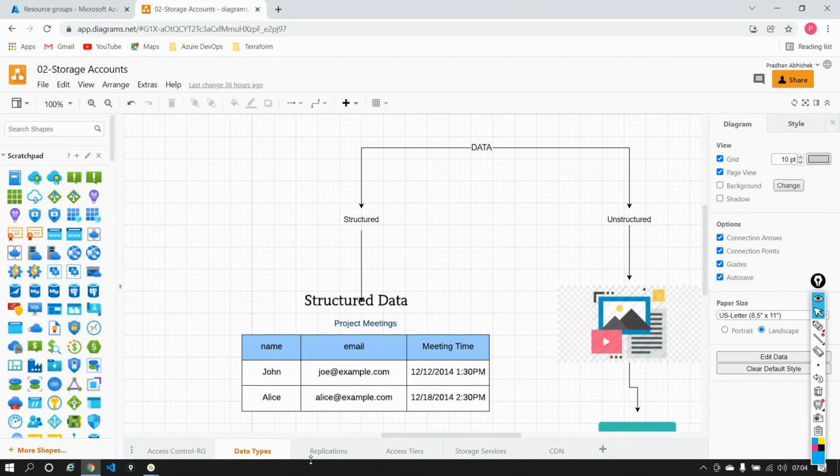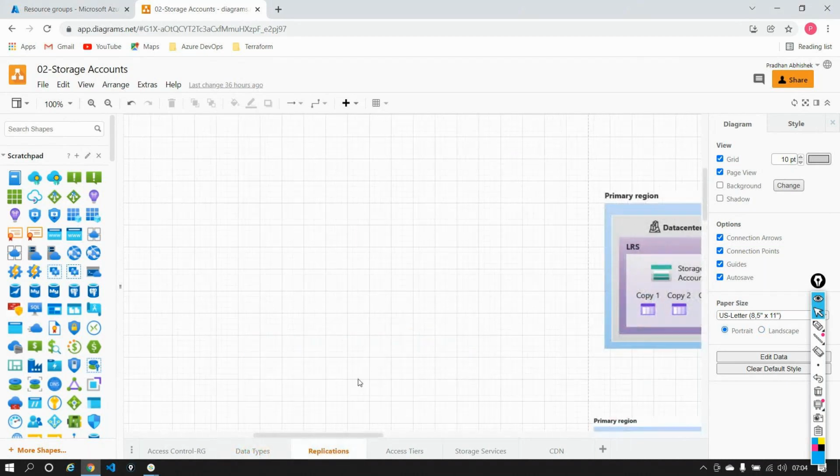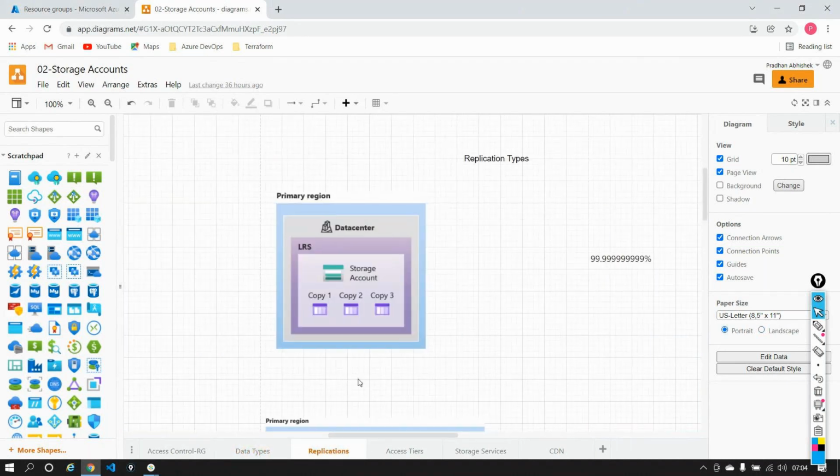And we also spoke about replication tiers, which is very important. We had multiple replication tiers like LRS, which is locally redundant storage, GRS, geo redundant, ZRS, zone redundant, GZRS, and RAGRS is what we talked about. We said what the different replication tiers are and the number of copies that you are going to get in each replication. We said which is better, what the SLA is, and so on. And we also discussed the pricing structure when you go for an LRS versus GRS versus ZRS versus RAGRS, and so on.